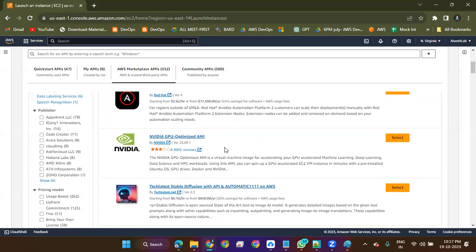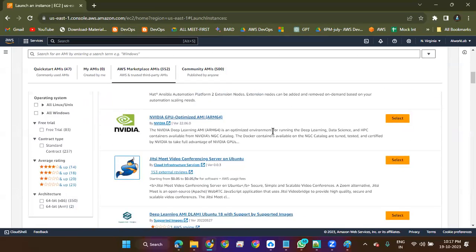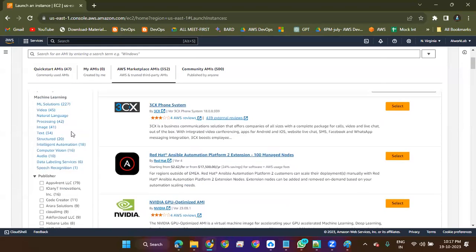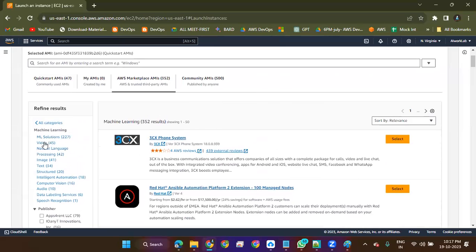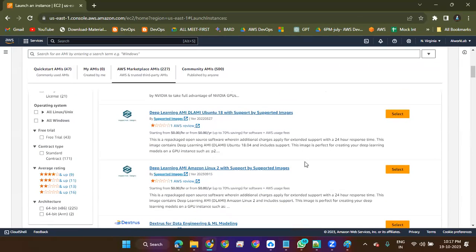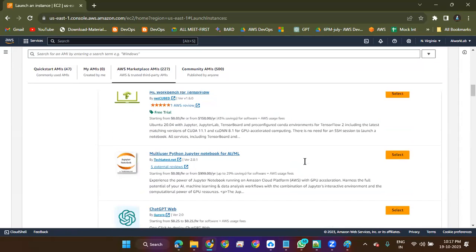Now we are able to see movie cameras, video cameras, all this, right? NVIDIA GPUs are used more in it, and this image is being used more. Like this, we have many images. Coming to machine learning, ML solutions, deep learning, AI models.